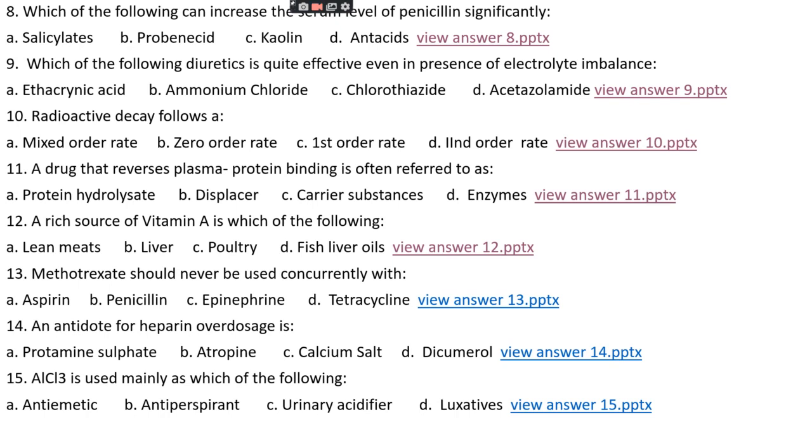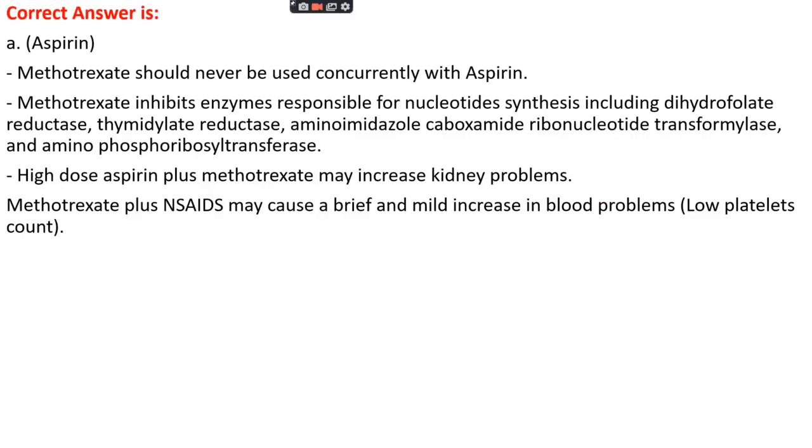Question number 13. Methotrexate should never be used concurrently with option A, aspirin, option B, penicillin, option C, epinephrine, option D, tetracycline. The right answer is option A, that is aspirin. Methotrexate should never be used along with aspirin, since methotrexate inhibits enzymes which are responsible for nucleotide synthesis,